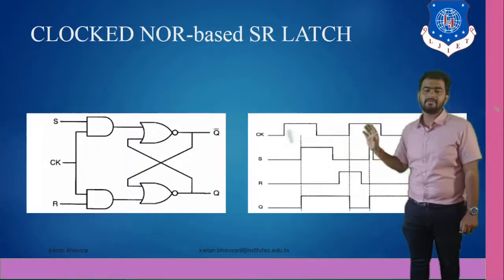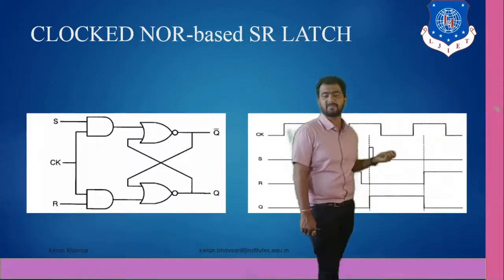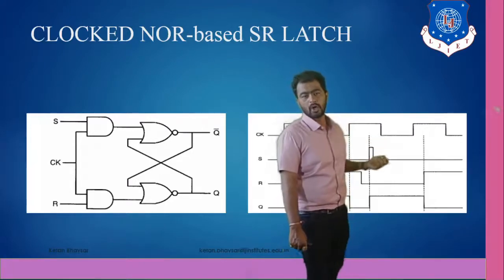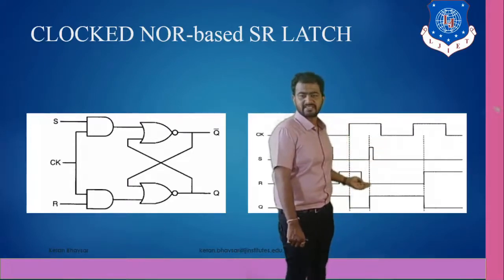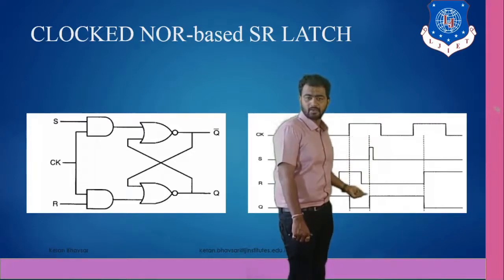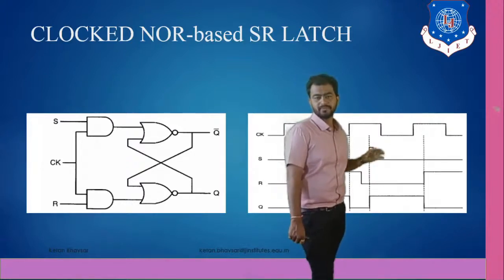So this one is a waveform diagram, or you can say the waveform representation of a specific SR latch using NOR gate with a clock pulse. Similarly, as you can see, here the S is equal to 1, the clock pulse is still high, so Q goes high and stays until the next pulse goes high.